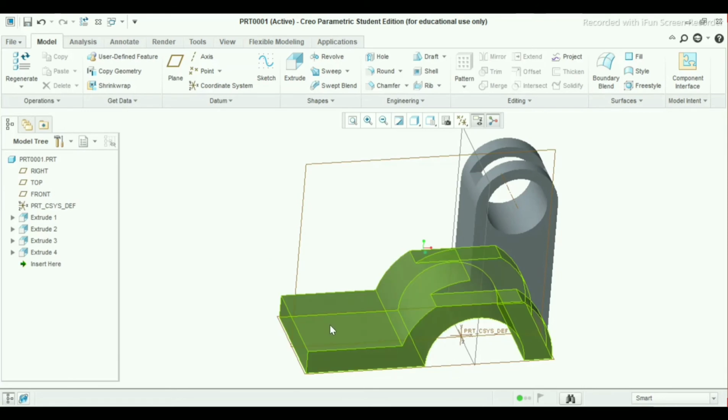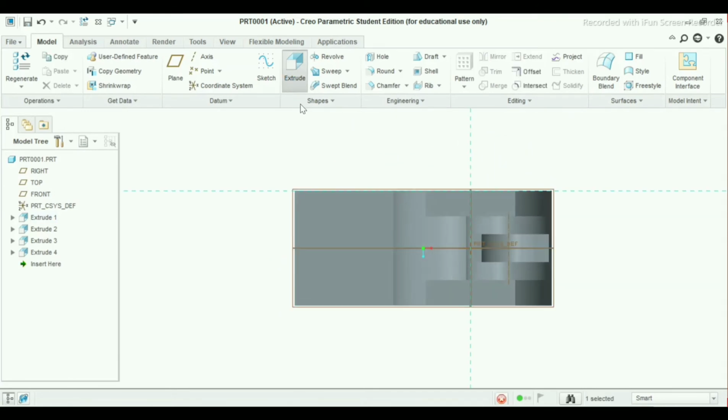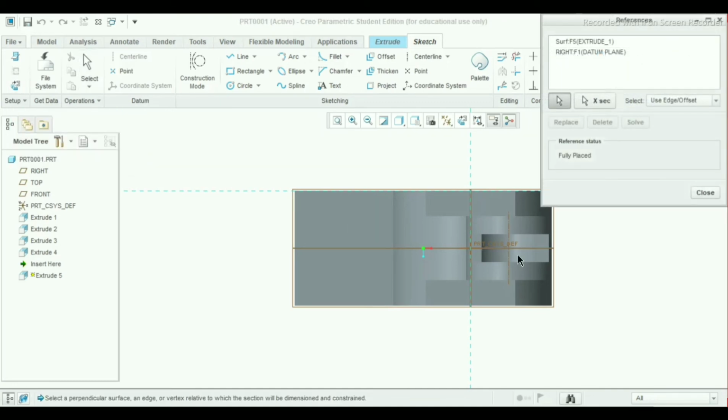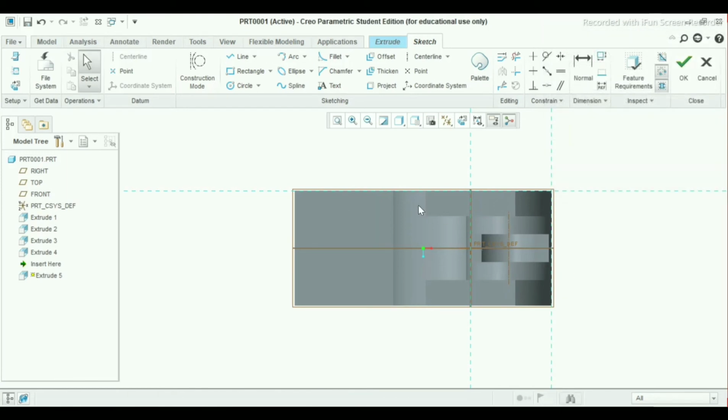So select this surface, extrude, use your reference command, select this edge, close, select your circle to this origin.